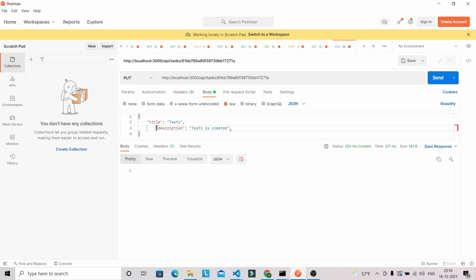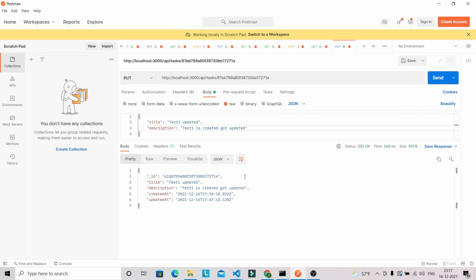So as of now, this is the same thing we have in our MongoDB. So let's update this one. So the text created got updated, and let's give here also updated. Okay, now let's click on send.